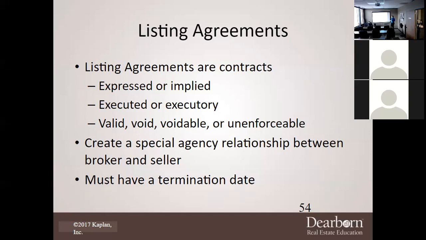So you can't go, Travis, for example, to Mr. Eugene, you go do a presentation to Mr. Eugene, and say, well, I'm going to sign you in a 50-year listing contract. Can't do that. And Mr. Eugene, if you were to do that, would probably be like, it's going to take you 50 years to sell my house? I'm going to go somewhere else. So again, the termination date must be reasonable.